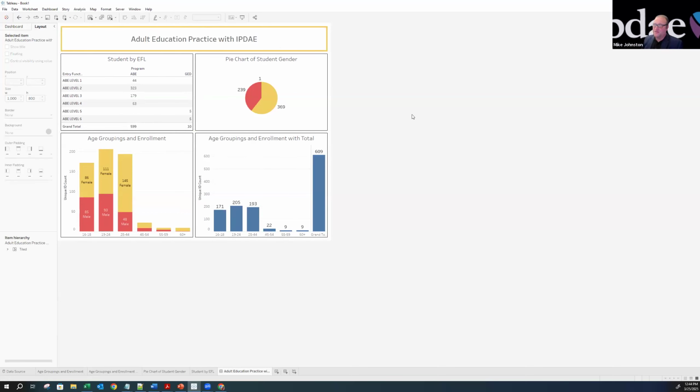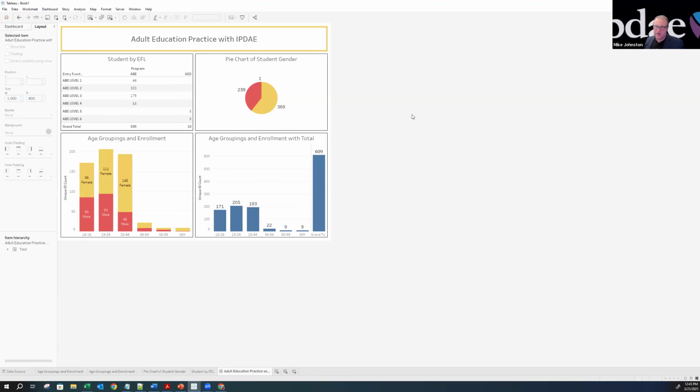Now here's the cool part. You've developed this, we developed this, it's taken us all 15 to 20 minutes. And now we want to publish this so other people can have access to it. And that's the brilliant part about this, is that you can publish this and keep this, you can post it on your website, you can embed it, you can share it on social media, you can use this later on, you can download this as PowerPoints, or you can download this as PDFs or images. There's such a variety of opportunities we can use with this data.